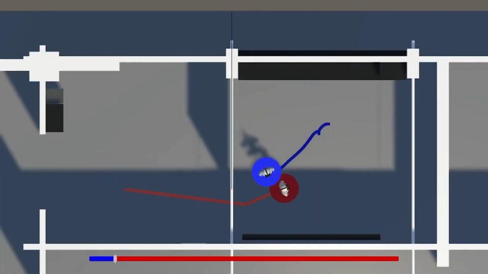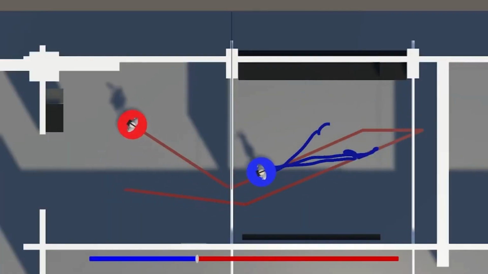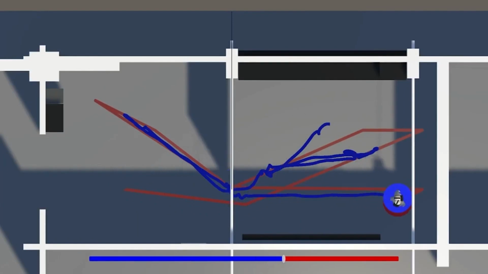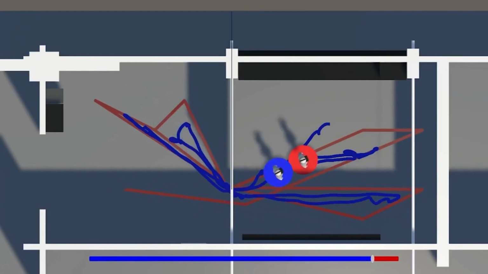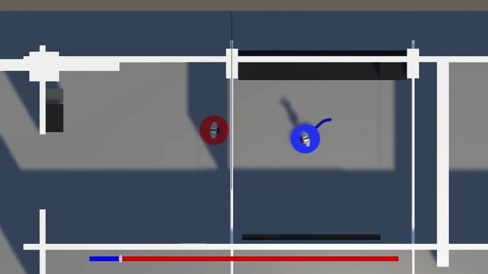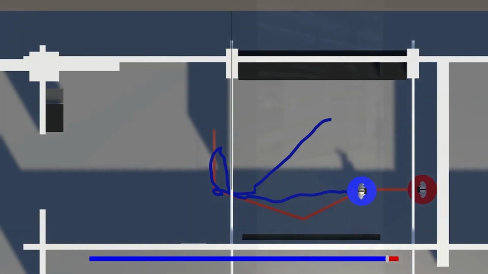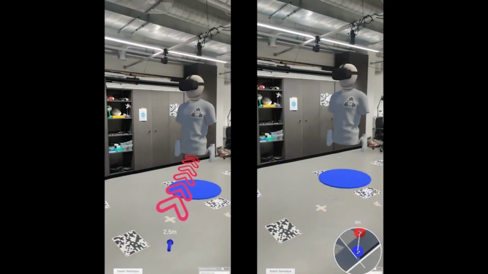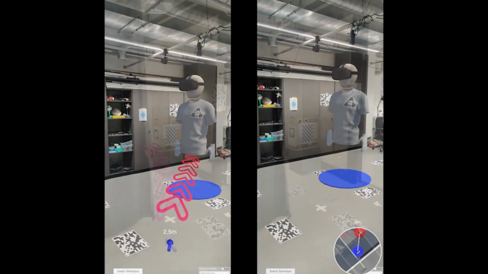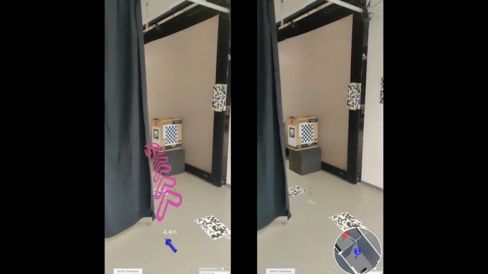In a pilot study, we asked 20 participants to locate and navigate to a teleporting and a moving simulated VR user. We further compare both visualizations and measure the duration required for the AR user to locate the teleporting and a moving simulated VR user. Our results suggest that participants easily located and followed the VR user while using either of our visualization methods.